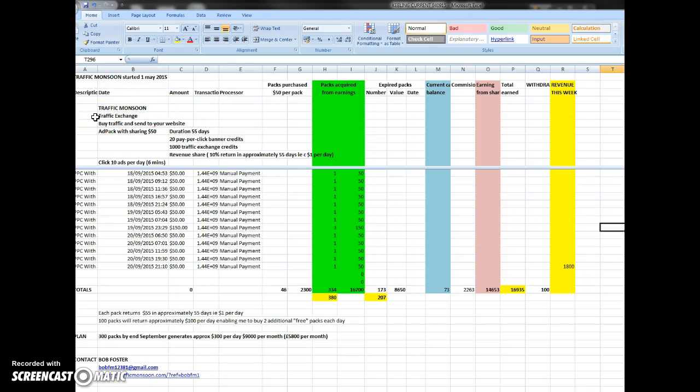It's a traffic exchange, by which I mean it's an organisation that buys traffic and sends that traffic to your website. You can either buy traffic directly, or you can become involved in something called ad pack sharing. Each ad pack costs $50, and it's the equivalent of a membership. What do you get for your $50? You get 20 pay-per-click banner credits, 1,000 traffic exchange credits, and what was of interest to me, a share of the profits of the company,